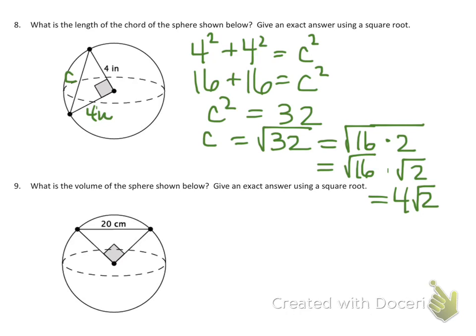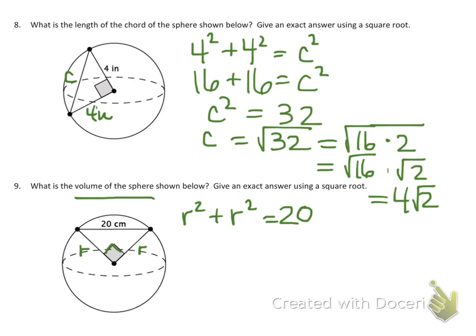All right, what is the volume of the sphere shown below? Give an exact answer using a square root. So, the volume of this sphere, and all we're given is the chord length. But to find the volume of a sphere, we're going to need its radius. So I've got a radius here and a radius there. That gives us one variable, which is nice. This is a right triangle here, so we can use it. So we've got radius squared plus the same radius squared is equal to